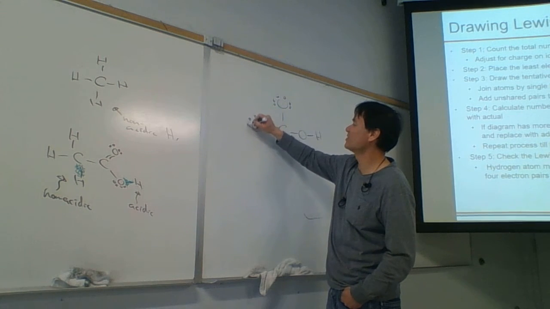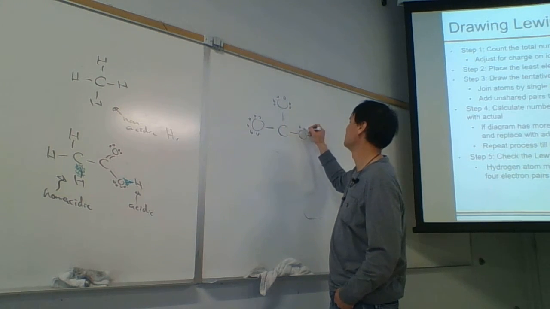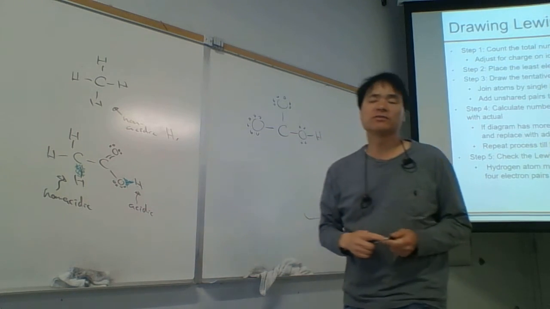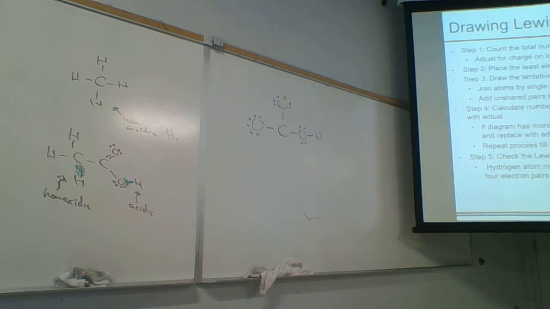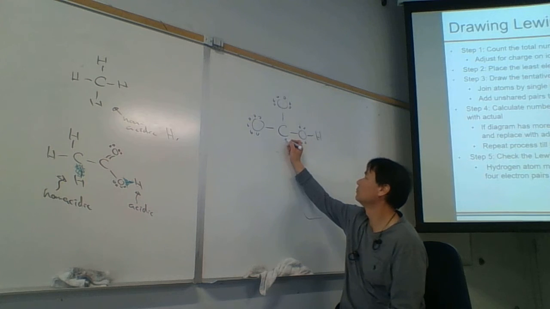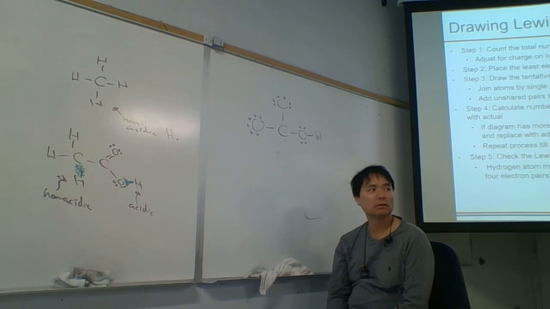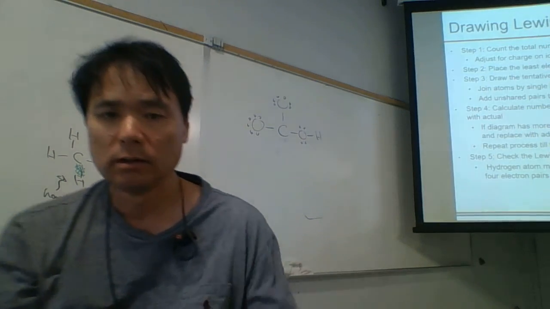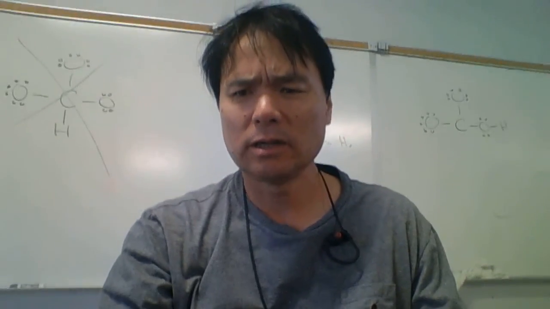We complete them first to the oxygen because oxygen is more electronegative. And then we're going to complete it to carbon, like that. Okay, then we're going to continue this and